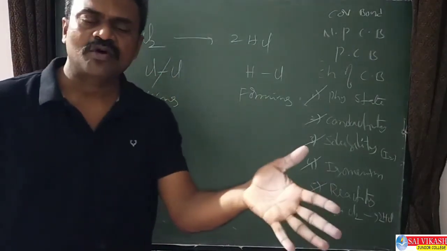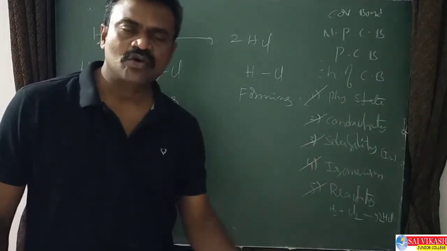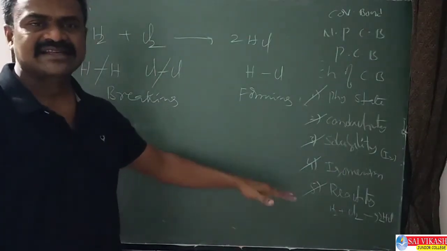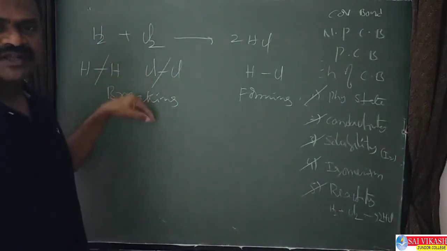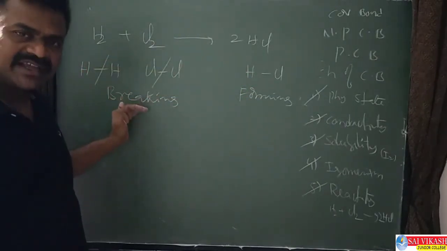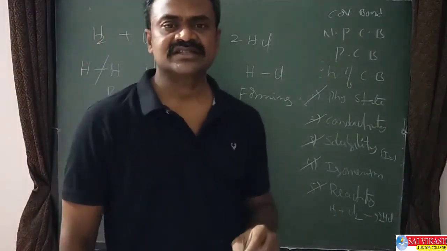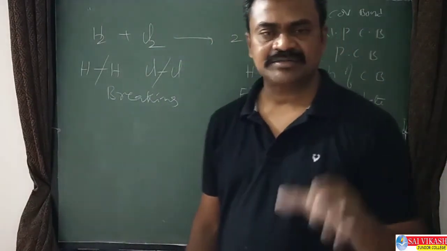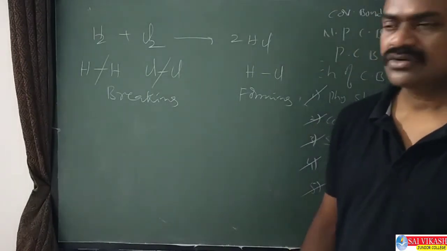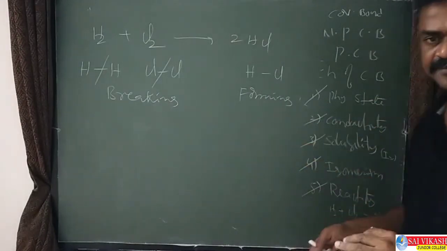Bond breaking and bond forming are time taking. Time taking means slow. Slow means reactivity is less. So covalent compounds are less reactive because bond breaking and bond forming take place, and time is required for both. That's why reactions involving covalent compounds are all time-taking, meaning the reactivity is very slow. In this way, we can explain the characteristic properties of all covalent compounds.